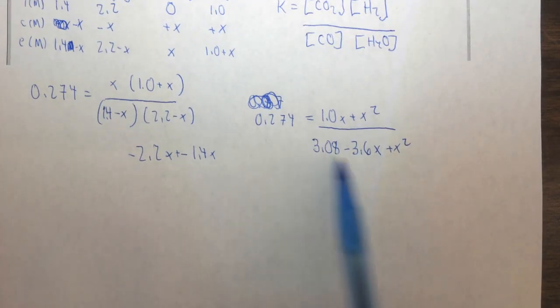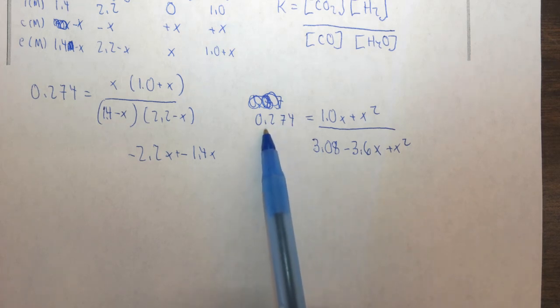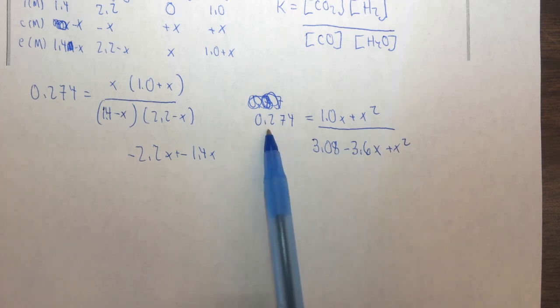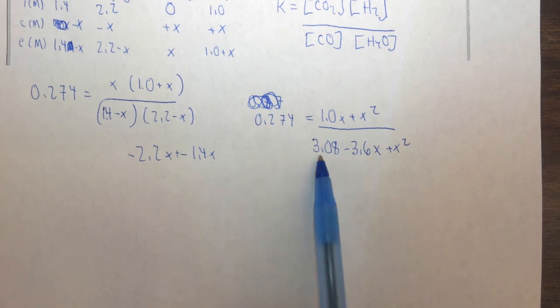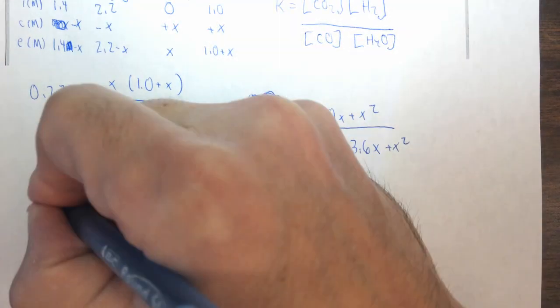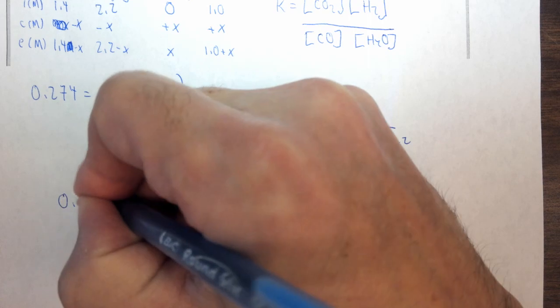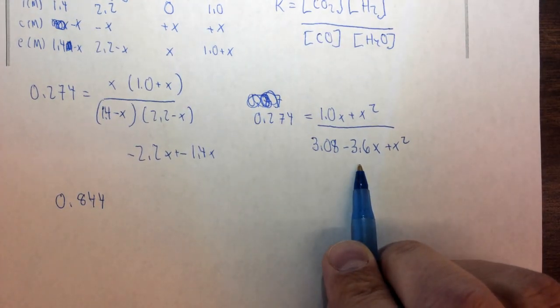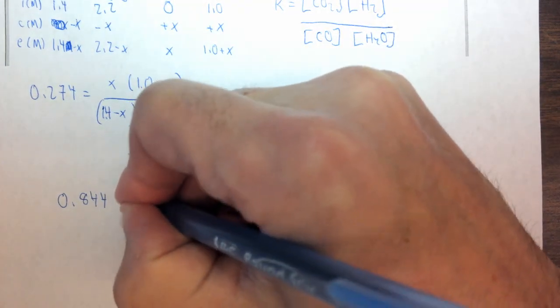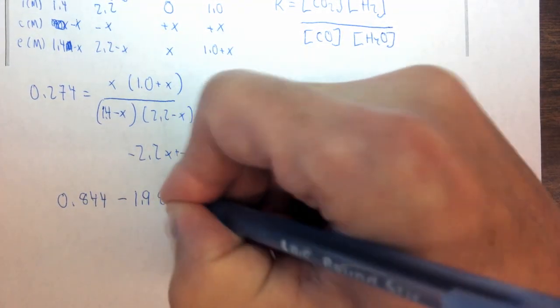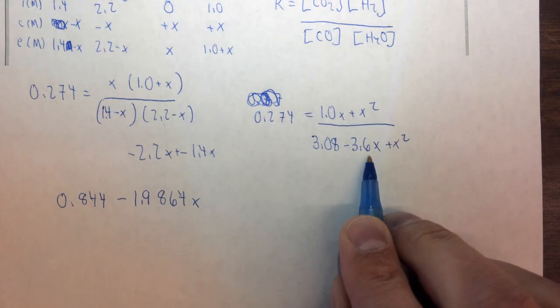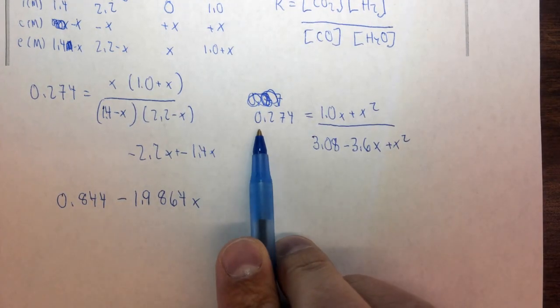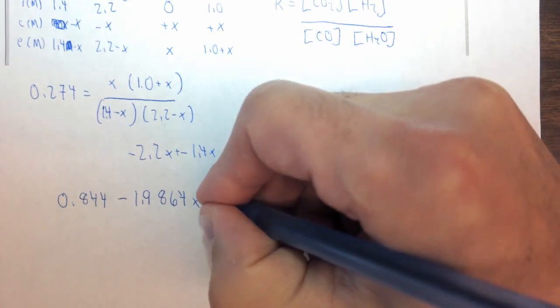So now I need to further simplify by cross multiplying. So I need to distribute the 0.274 through all of these numbers. So 0.274 times 3.08 is equal to 0.844. 0.274 times minus 3.6 is equal to minus 1.9864. The x stays. And then 0.274 times x squared is just plus